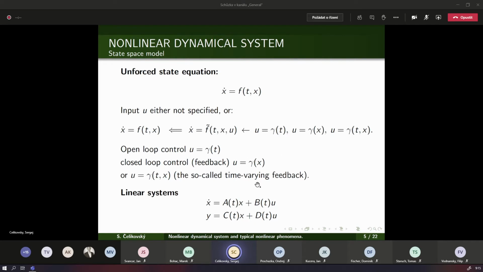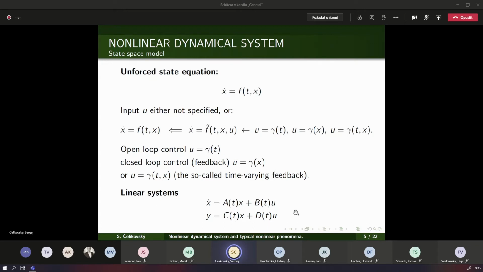But I think these days this time varying feedback may also be practically realizable, because you already can measure time also very precisely. But of course, the best option is classical state feedback, because you don't need to measure time and you measure only your state, and you are somehow not interested in real time. So example,